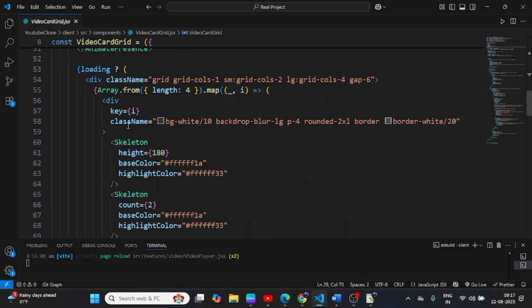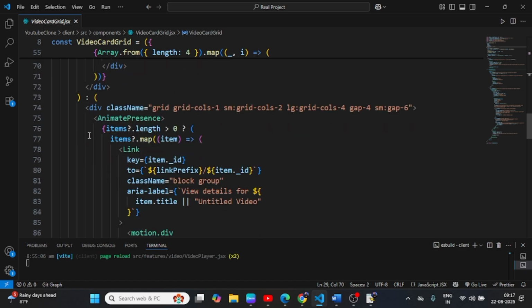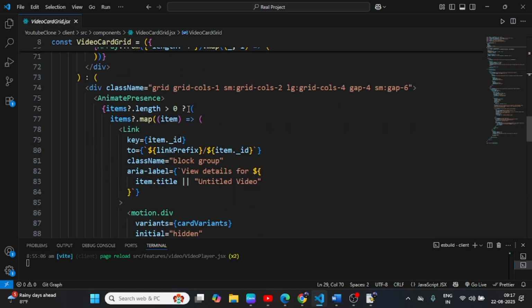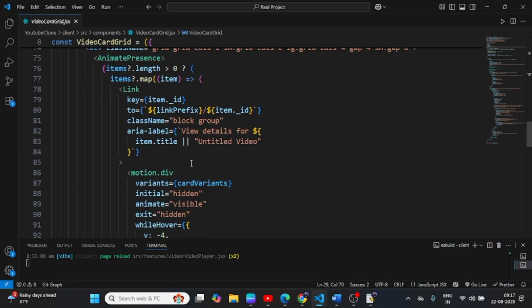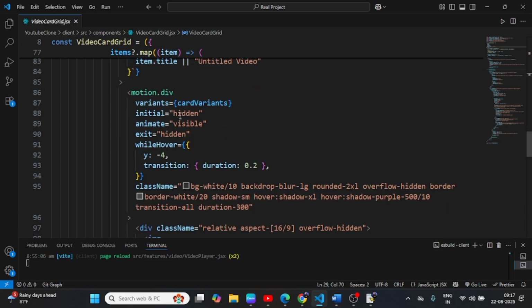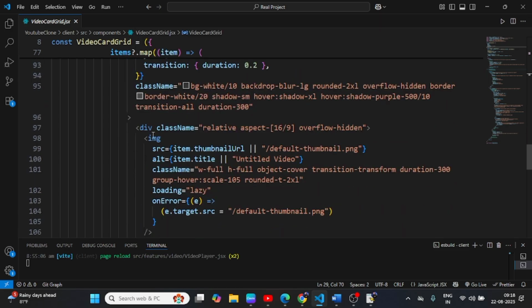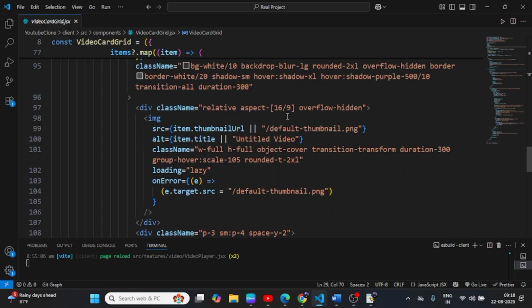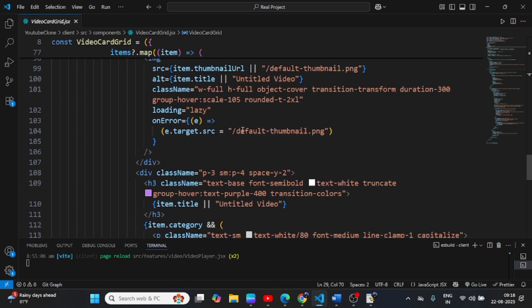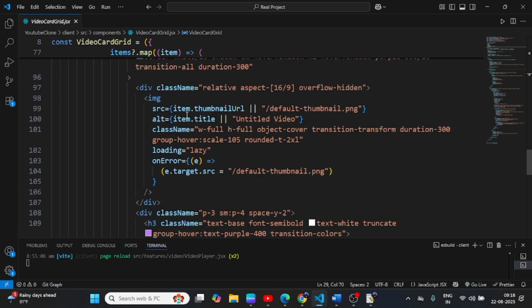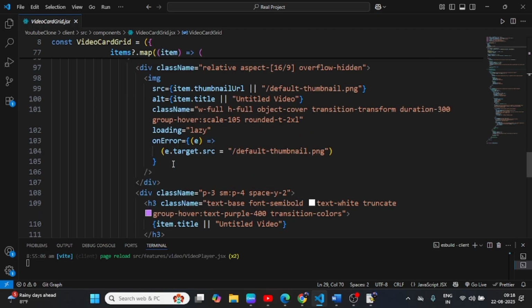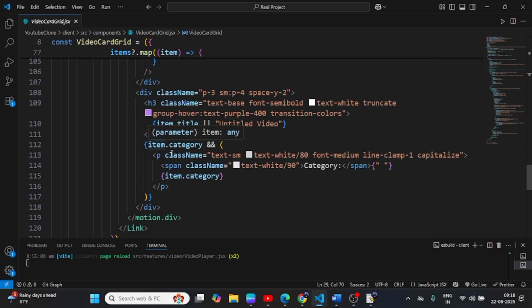And then loading. If loading exists, then this is the skeleton. If loading is not there, then if items length is greater than 0, show items dot map, all the items, like, and this is a link id, link prefix, so if you click on it, you can go to the video player page, class, and then item title, and this is the card variant, and this is the aspect, like 16:9 overflow hidden, and this is the image tag, item thumbnail URL, and loading error, and then item title, item category,